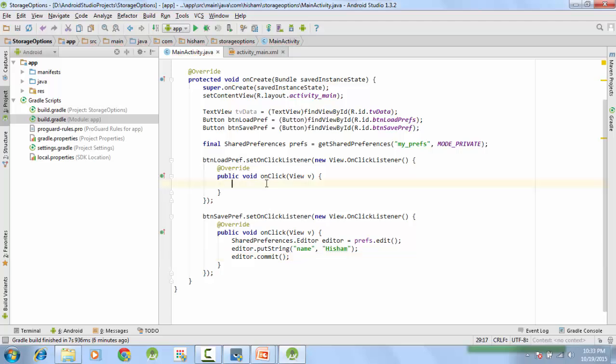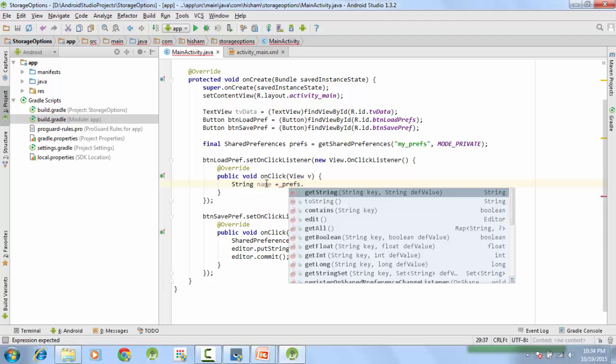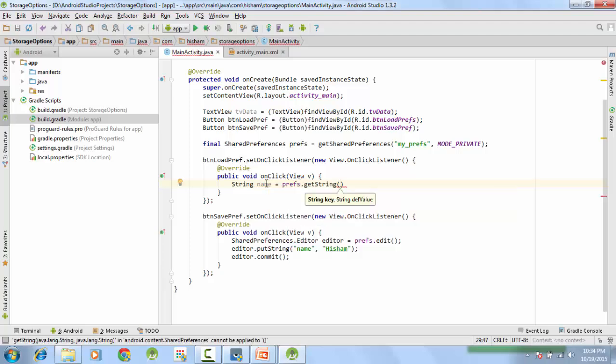The loading part is very simple. You just have to get string name equals prefs.getString. The key is name, and there's a default value here. In case you don't find this key name, then you can load a default string here, like name key not found.